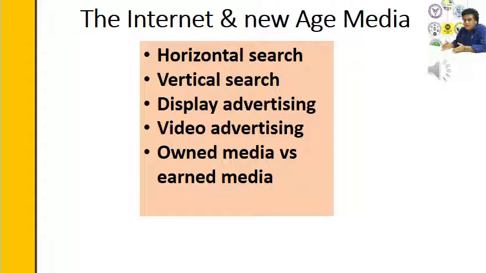On the other hand, in vertical search, the scope of search is narrowed. It is not so wide. For example, if you are searching for a hotel to stay in a particular town, then you can go to makemytrip.com, or you can go to book my ticket or any other website. Vertical search engines are specific to a particular industry. They have a very narrow scope, and because they have a very narrow scope, there is a greater likelihood that